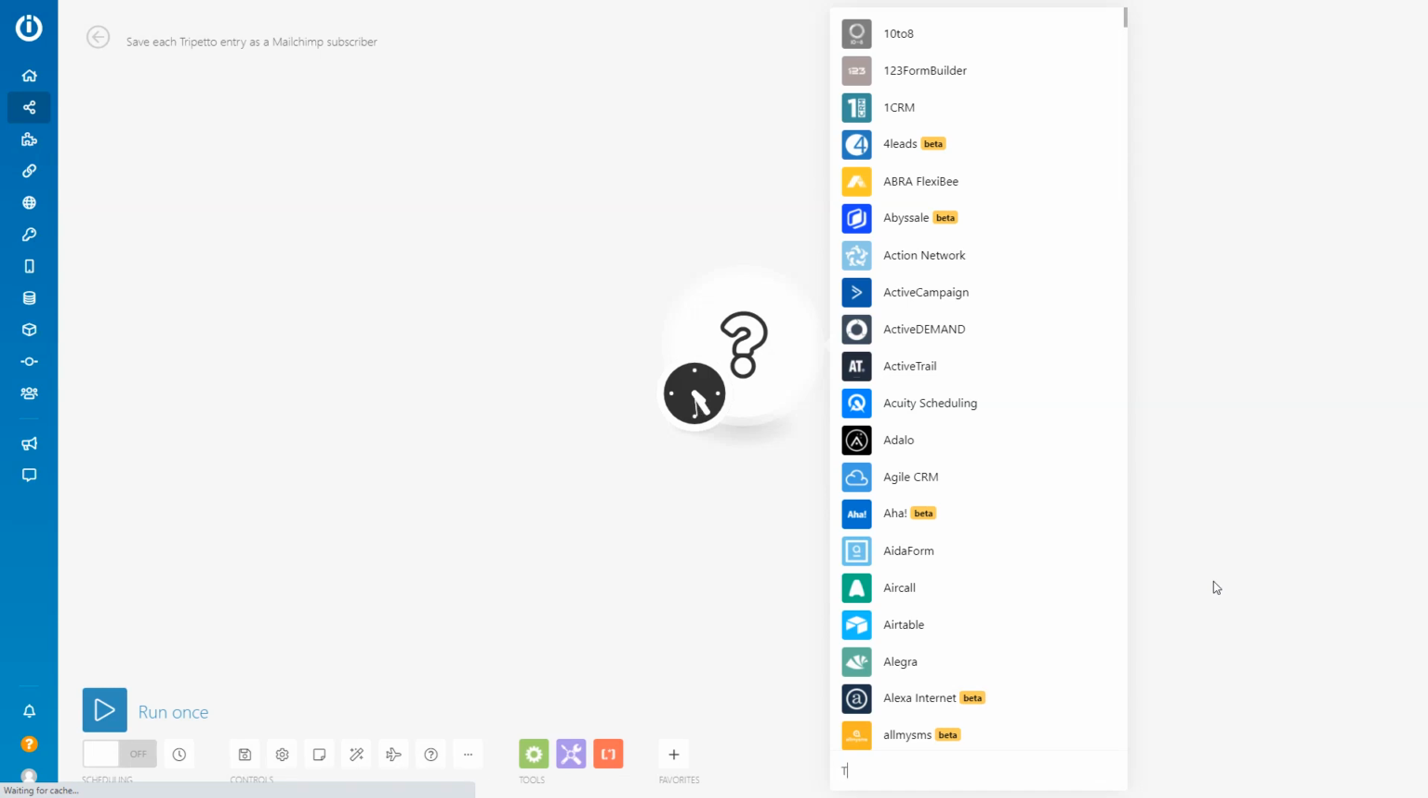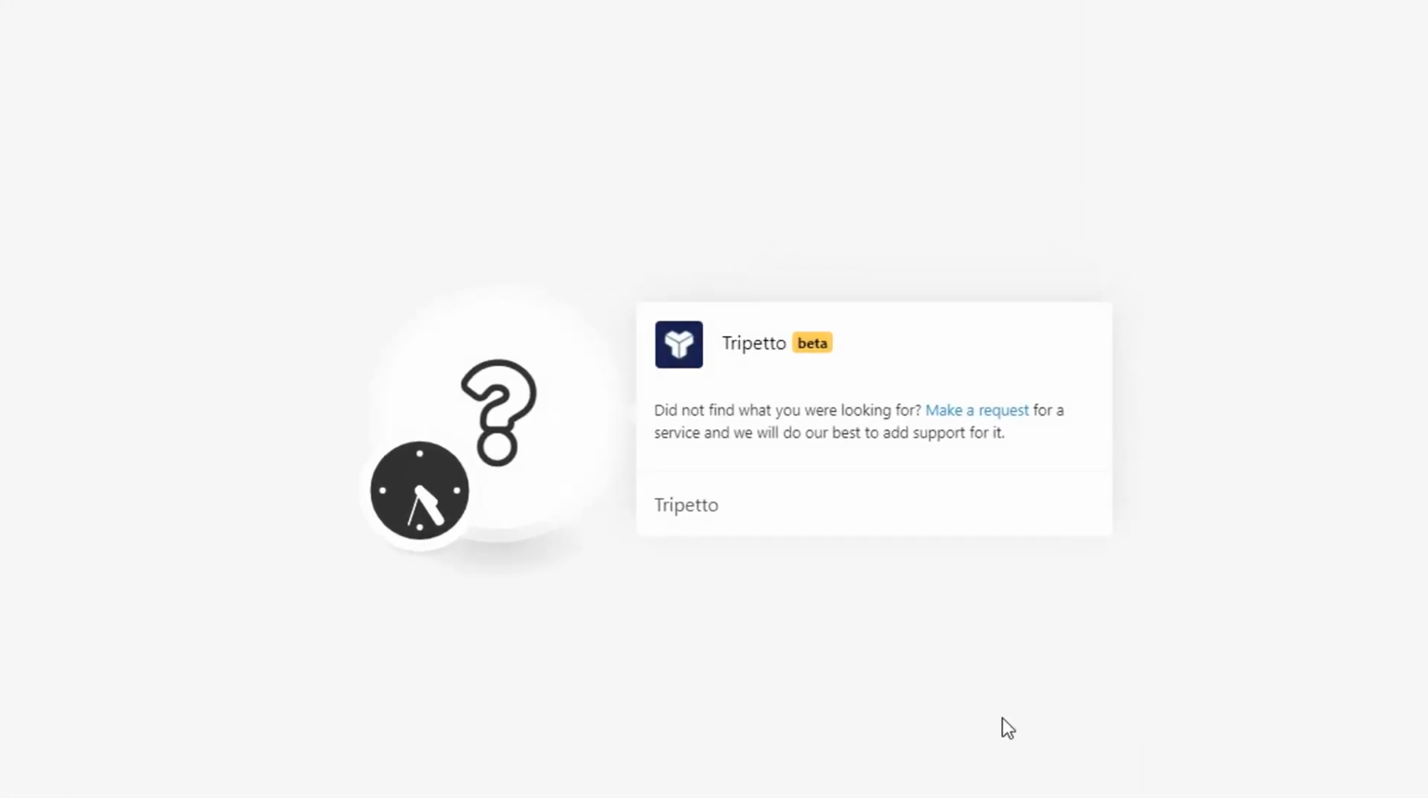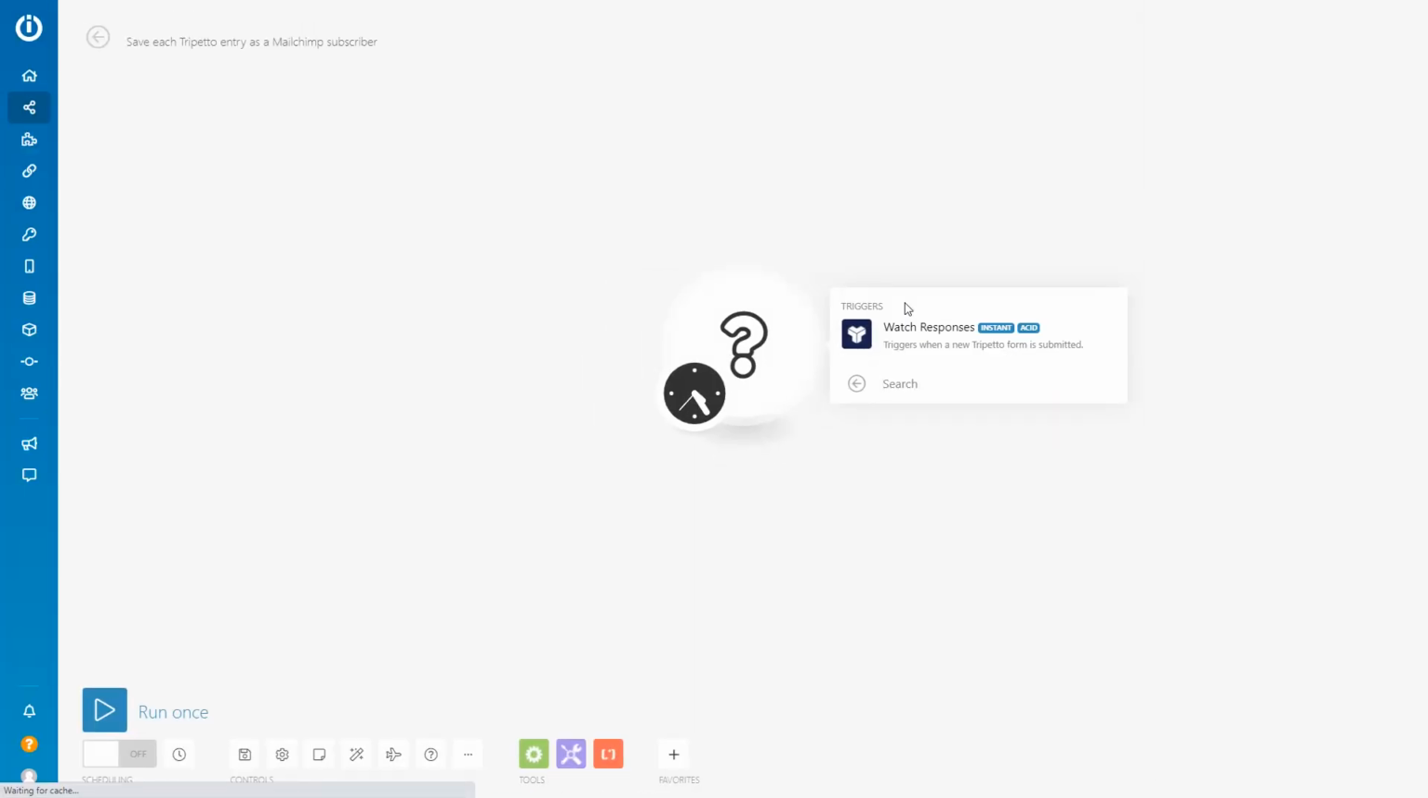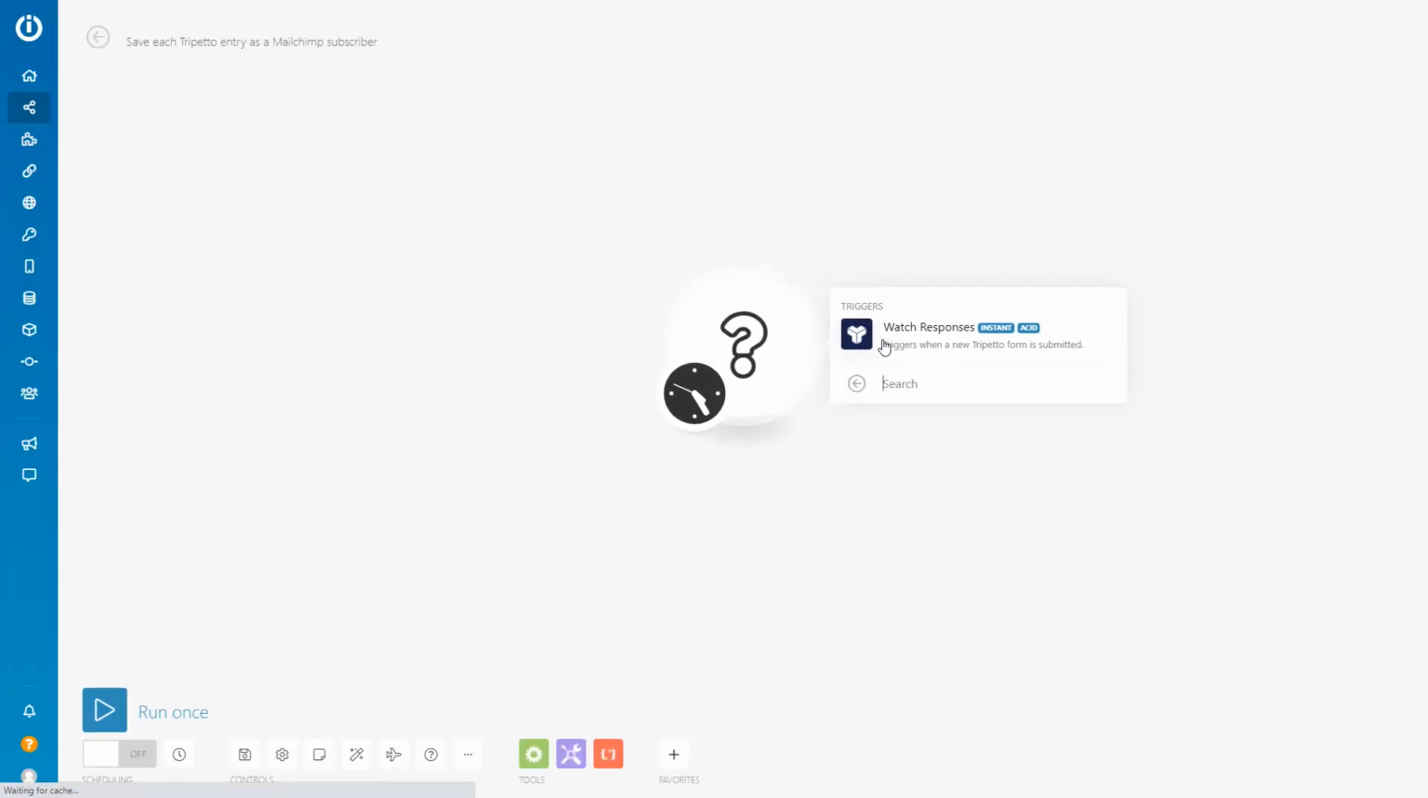First step is now to configure the Tripetto service, so your Tripetto form can be connected to Integromat. To do so, we search for Tripetto and select that. Next step is to determine the trigger. That's the beginning point of our automation scenario. In this case, you can only select Watch Responses. That will watch for new responses of your Tripetto form and execute the scenario in Integromat every time a new